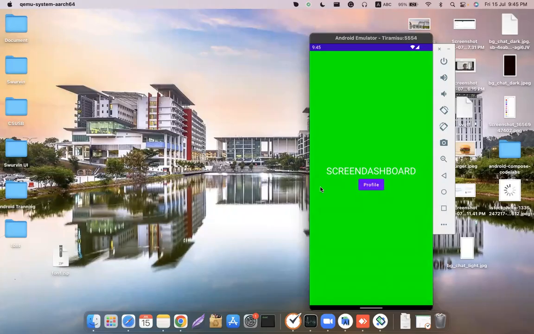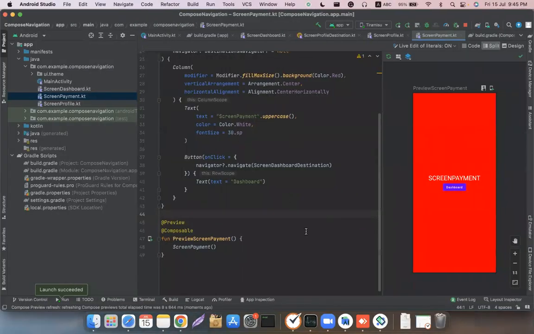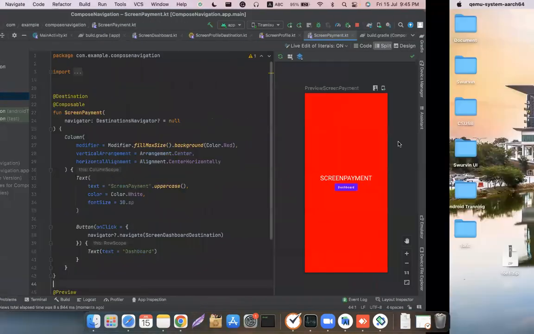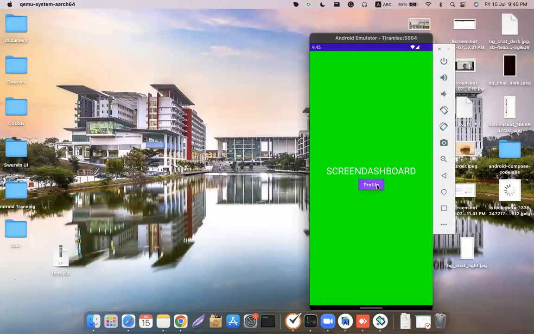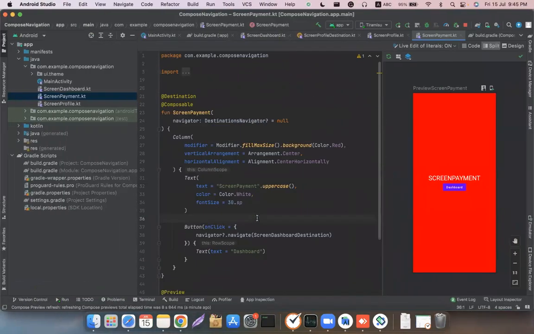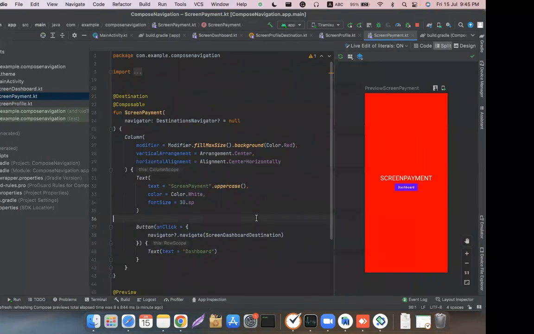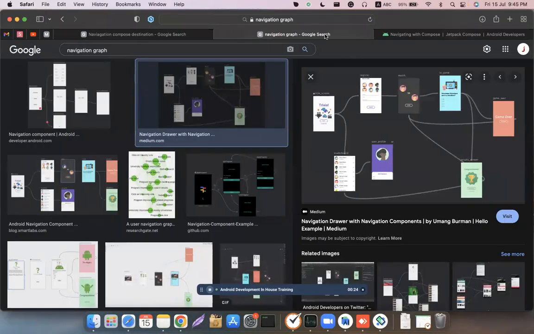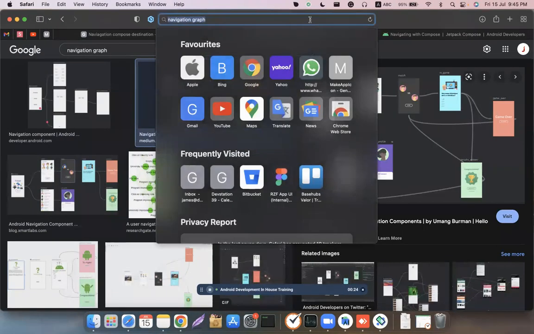Okay, so now let's add some animation while navigating, while changing each screen. For adding animation, we have to add a library which is